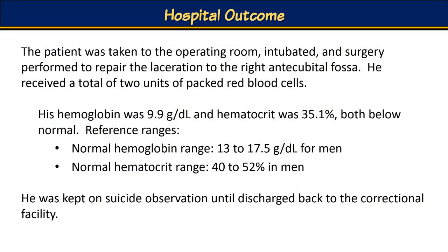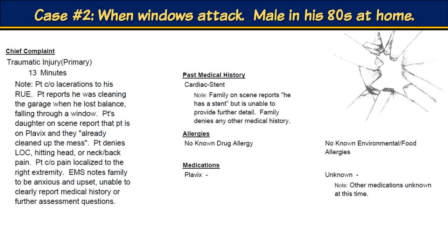So as part of that process, they got a couple of units of blood, not as bad as we were initially thinking by what we were sizing up. So then the window attacked this guy. You know, it's horrible when these things happen. Gentleman was in his 80s, was walking, had a large laceration to the right upper extremity, but he denied hitting his head, he denied any back pain, any neck pain, and had very localized pain to the right extremity. EMS notes the family was very anxious and upset. Well, that makes your job a little bit harder from time to time, but they were able to give a